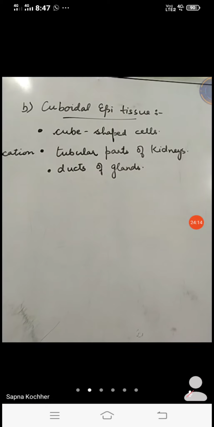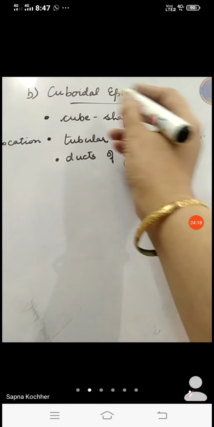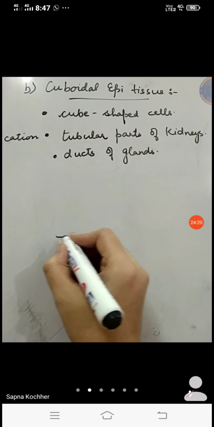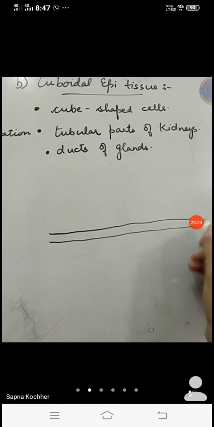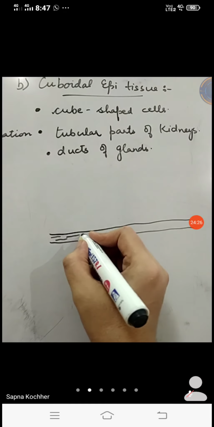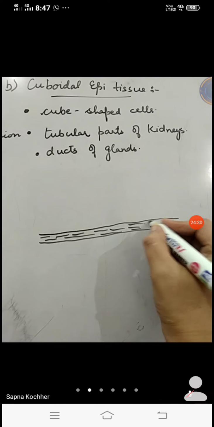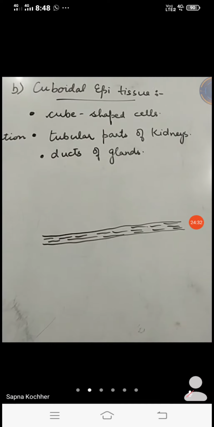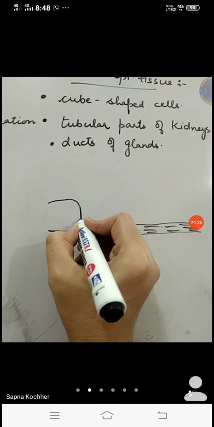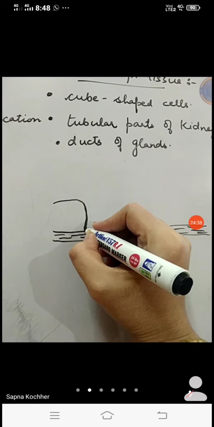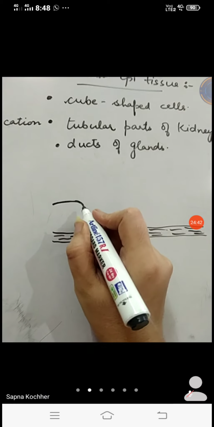Okay. Coming to the structural diagram for the cuboidal epithelial tissue. As the name is saying, cuboidal, so cube shape. Also, the animal tissues are found over the basement membrane, right? So these are found over the basement membrane. The basement membrane itself has a connection of the blood vessels and many other components that run across all the tissues, right? So this is the cube shape. Cube shape means it is giving the squarish look from the front, but otherwise it is three-dimensionally cube.